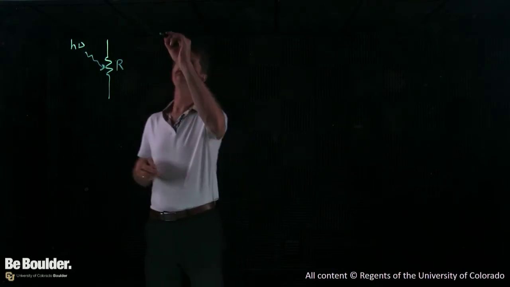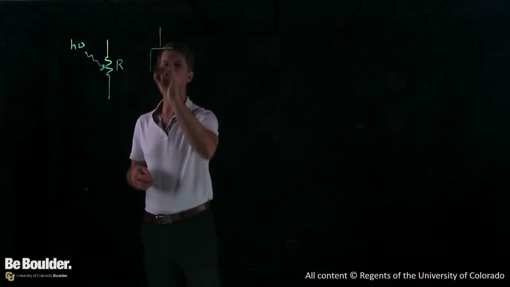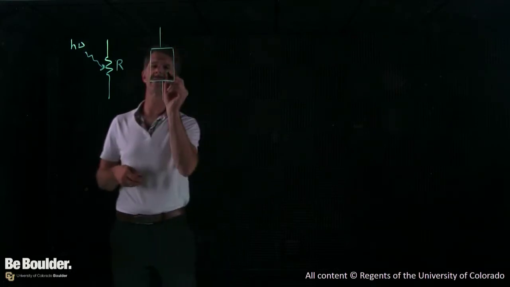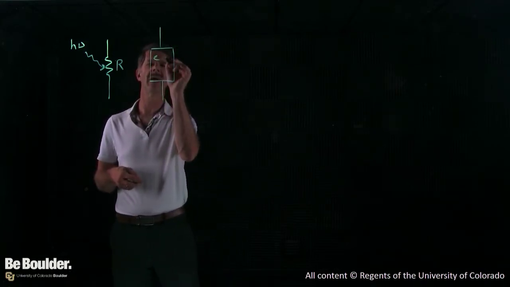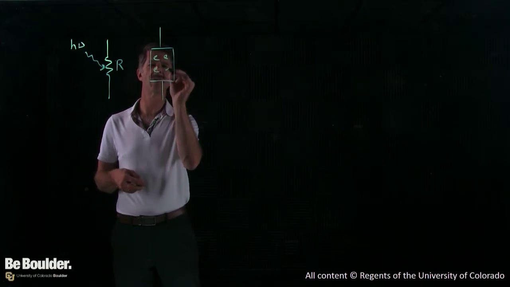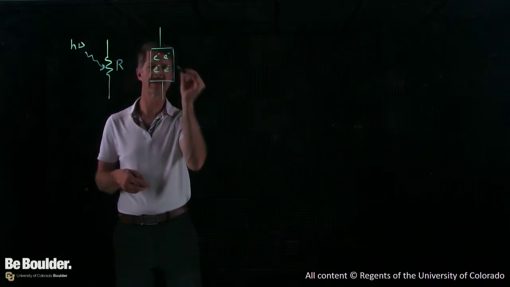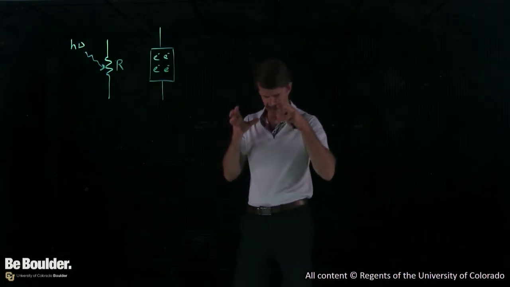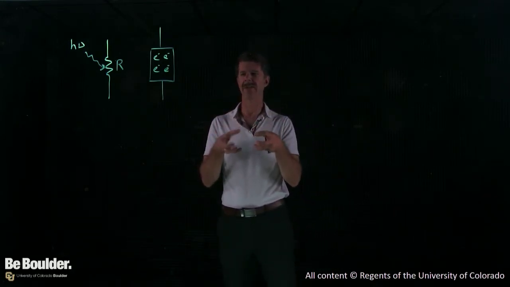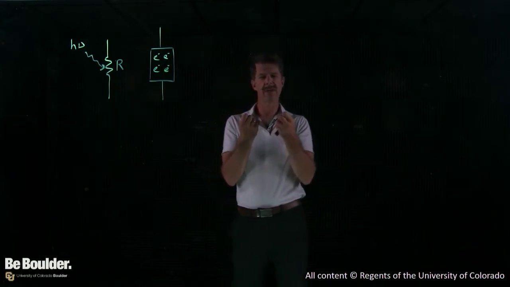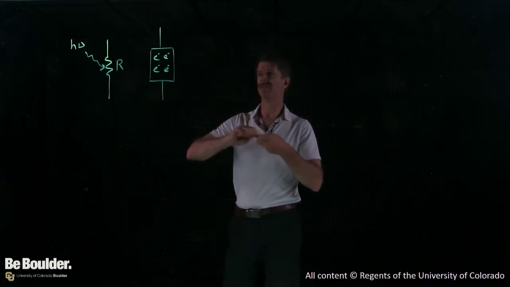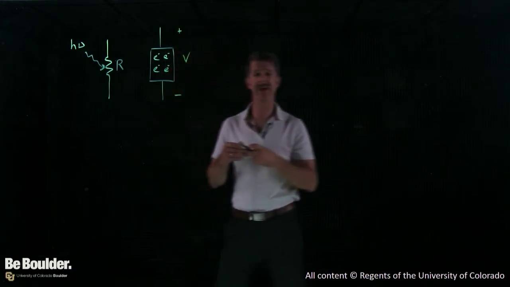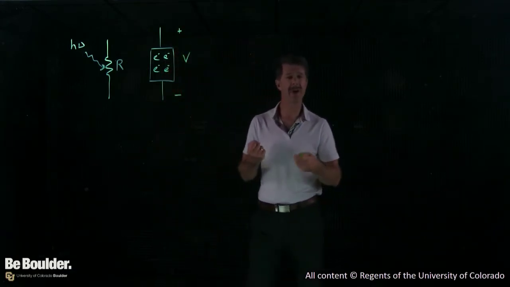So we don't quite have all the physics to get the details, but the basic idea is if you looked inside this as a black box, when photons come in, they start creating electrons that are more free to move. These are little e minuses. You can think of the device, it's the semiconductor, as having electrons that are normally tightly enough bound that the voltage that you would put across this does not have enough energy to pull them away from their parent atoms,